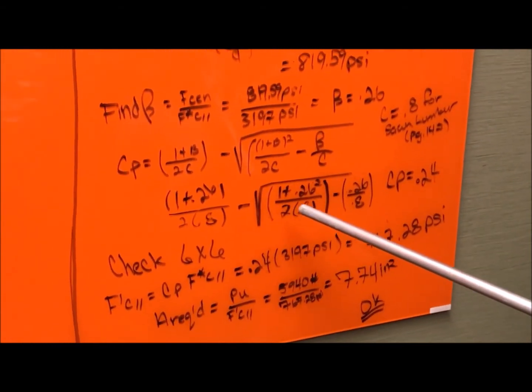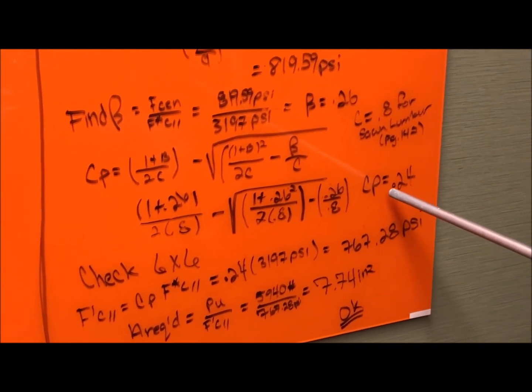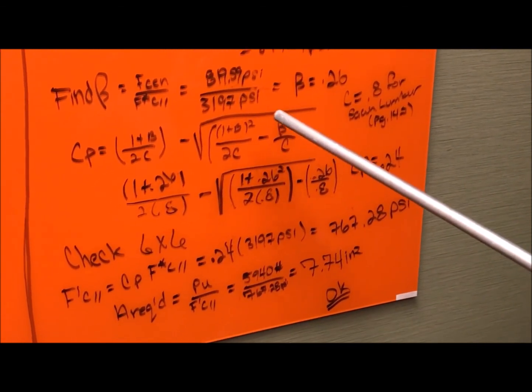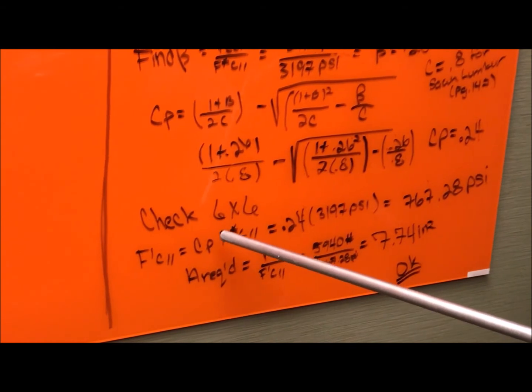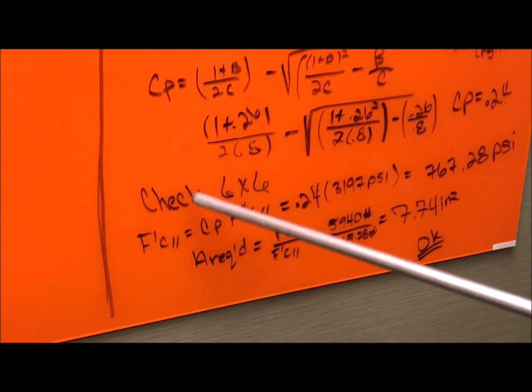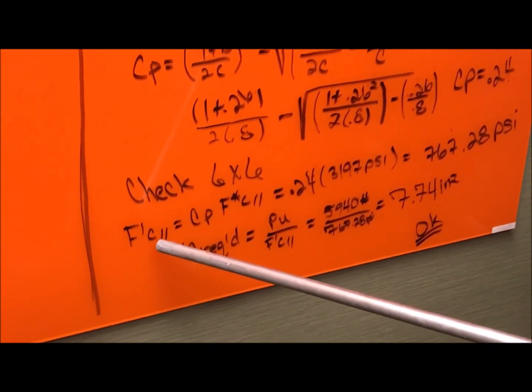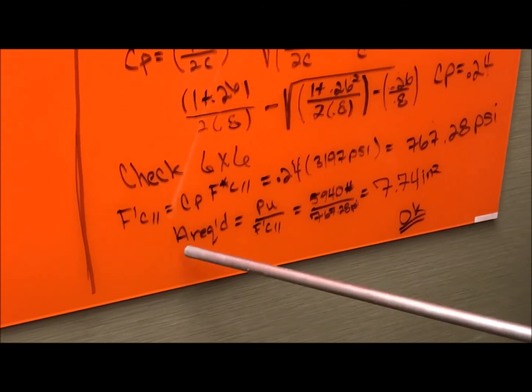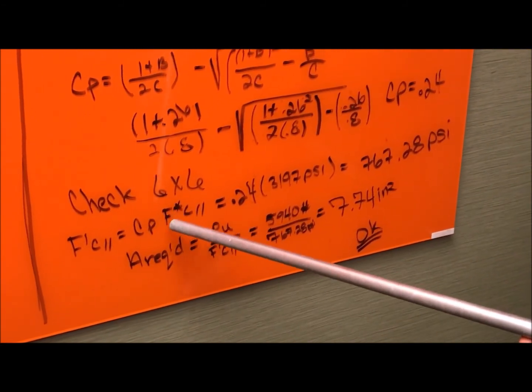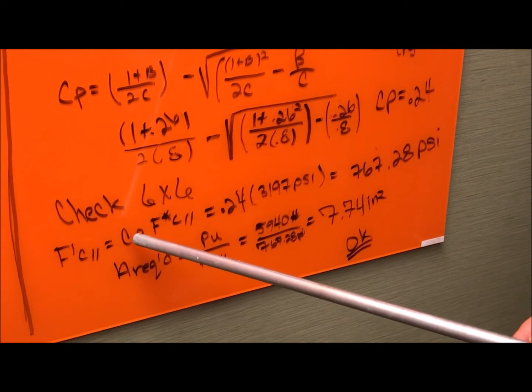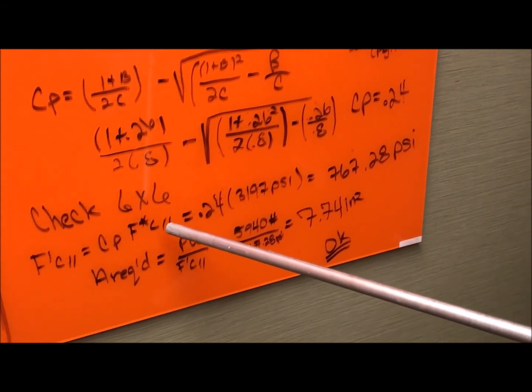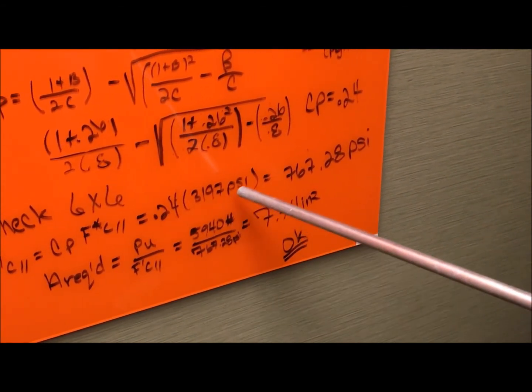So solving for the column stability factor, CP equals 0.24 for a 6x6. So now that we have the column stability factor, we're going to plug that into the F prime C parallel. That's going to be the column stability factor times F star C parallel. That's going to give you